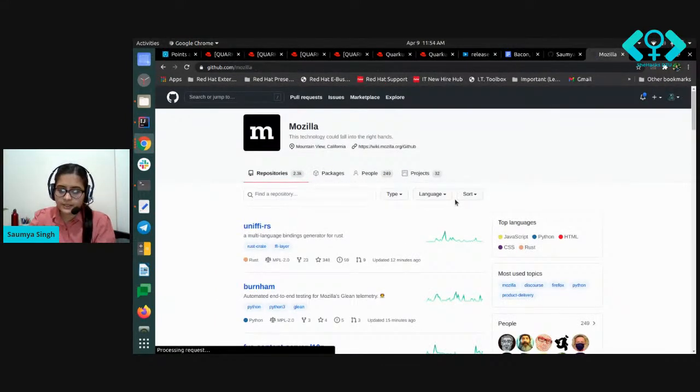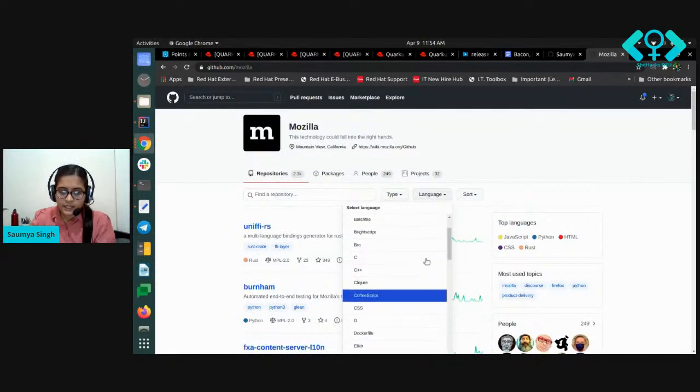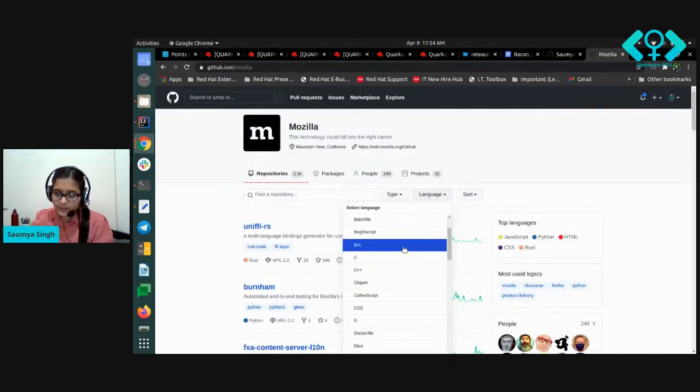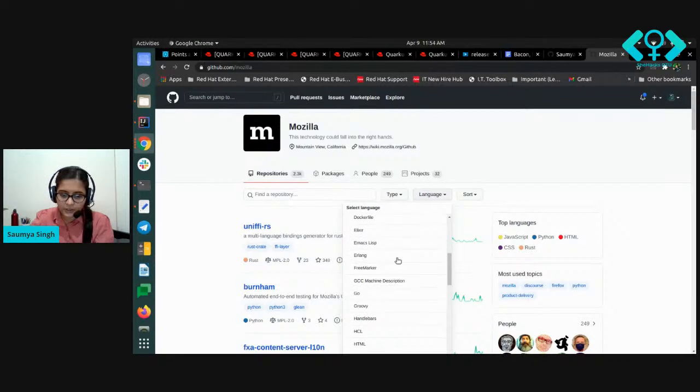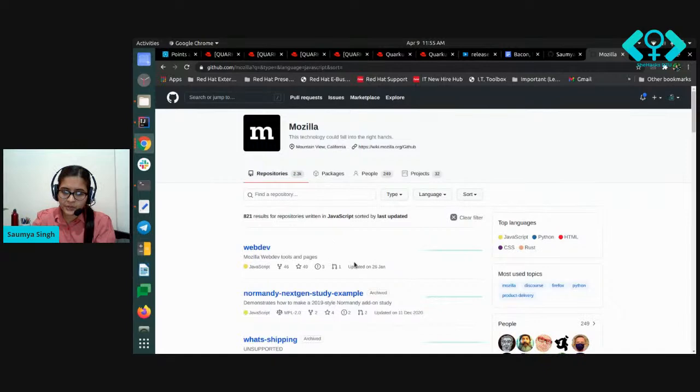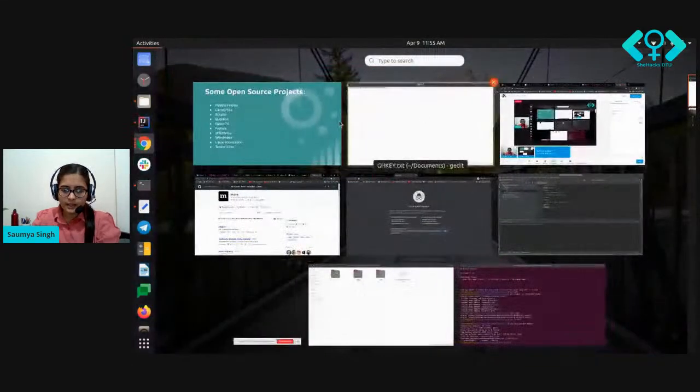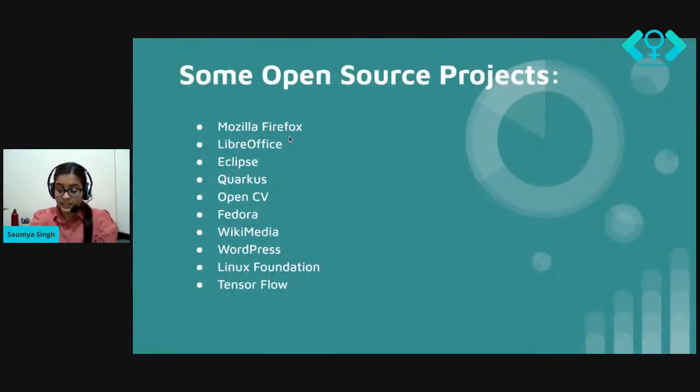You can put the filters, like if you are good in let's say C++ or JavaScript, so you can put the filter here based on your interest, and they will show you relevant projects. So yes, you can contribute to these projects, and how to contribute, I will show you